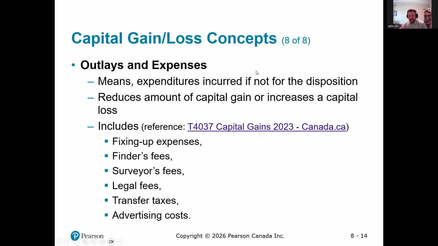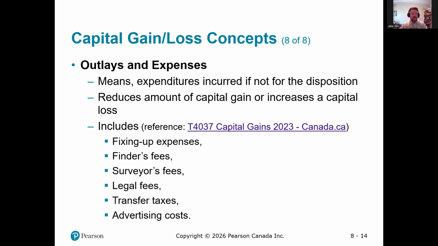When we sell something, sometimes there are certain costs. So when I sell a house, let's say I sold my house for $300,000, there's usually outlying costs. We have to pay a lawyer to handle the transfer of the deed, basically. We have to pay commission to our real estate agent if they helped us sell the house. So these fees directly related to the sale of the asset or the capital item get subtracted from the proceeds